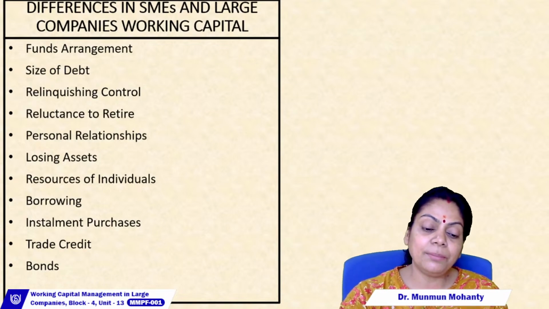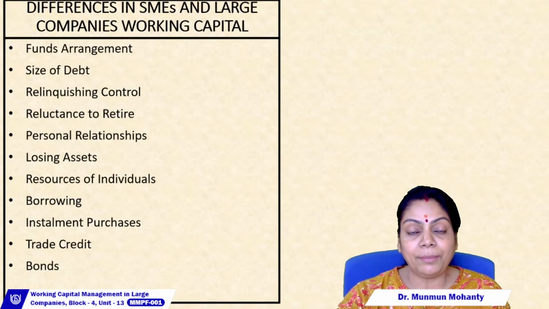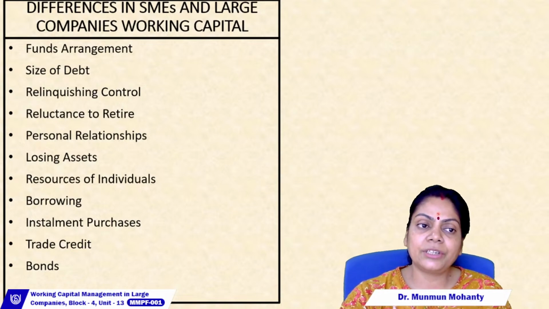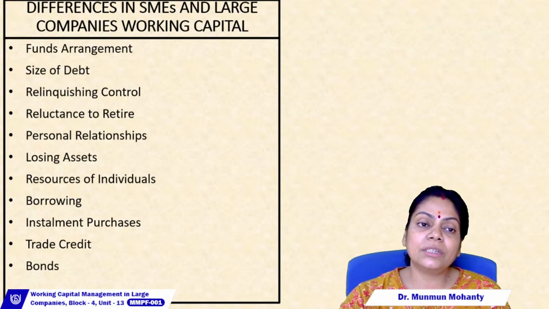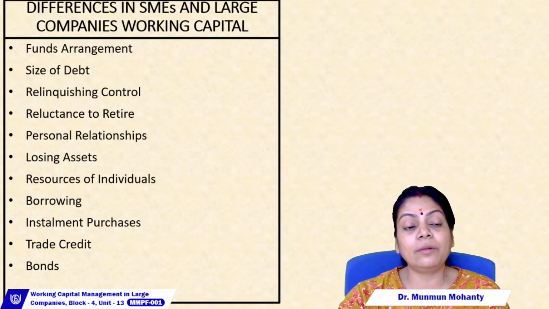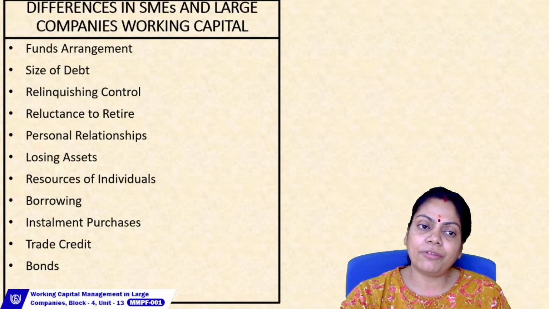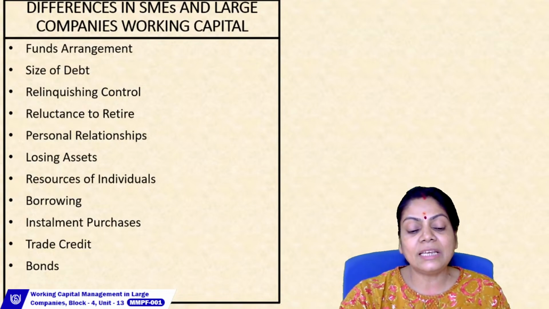Whereas in case of, let us say, the SMEs, size of asset is low, I mean small, the market share is not dominant, you are struggling to acquire market share, your track record and your performance, you are also still struggling at that point of time. So these kind of things make the arrangement for funds quite difficult for the SMEs, but it is quite easy for the large corporations.